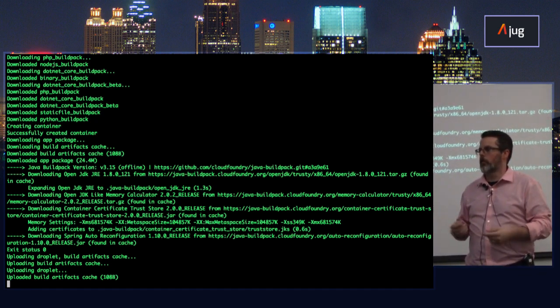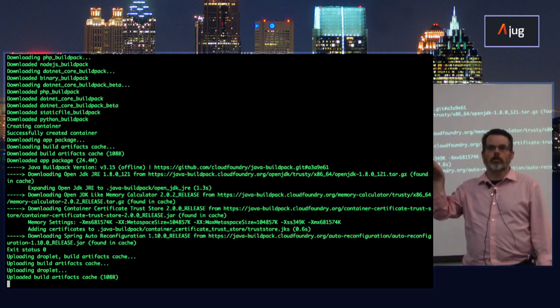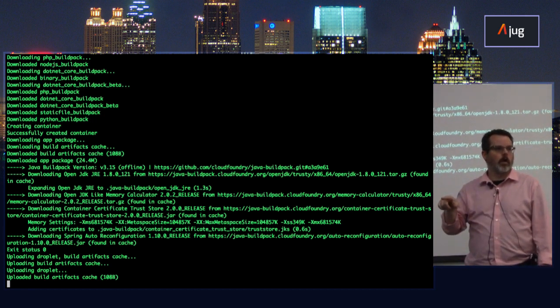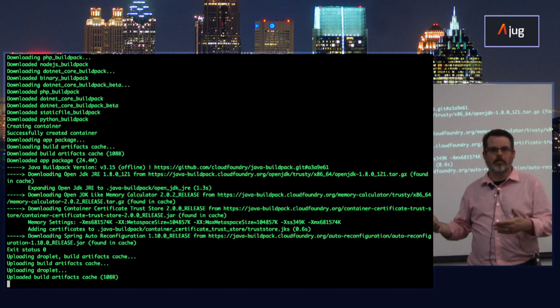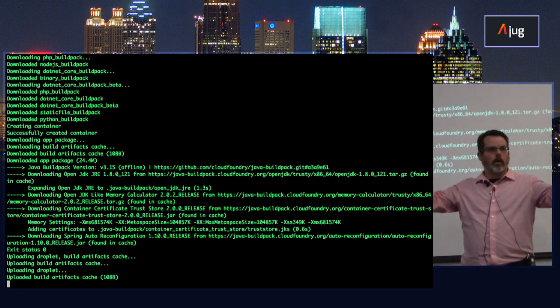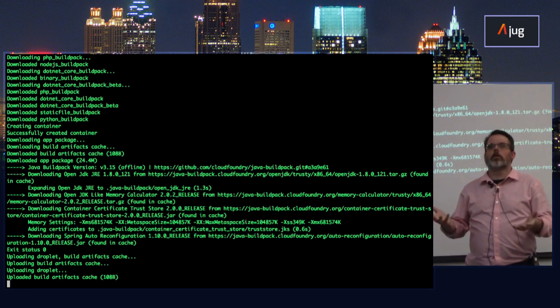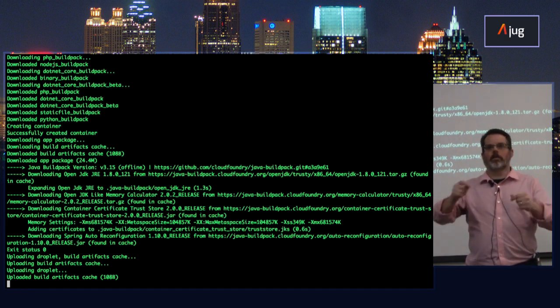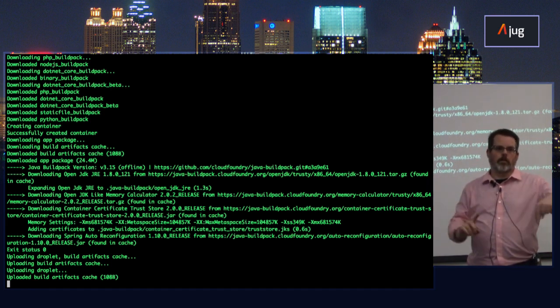So what we used to do is we would have a version, so we would push it out as version 1, and then we'd push out version 1.1. Once they were up and running and we did a smoke test on them, then we would map the route, and then we would unmap the other route. There was no downtime to the end user because all the calls were stateless. So as long as people were coming in and going and so forth, we would slowly fade them in, and then we would slowly fade them out.